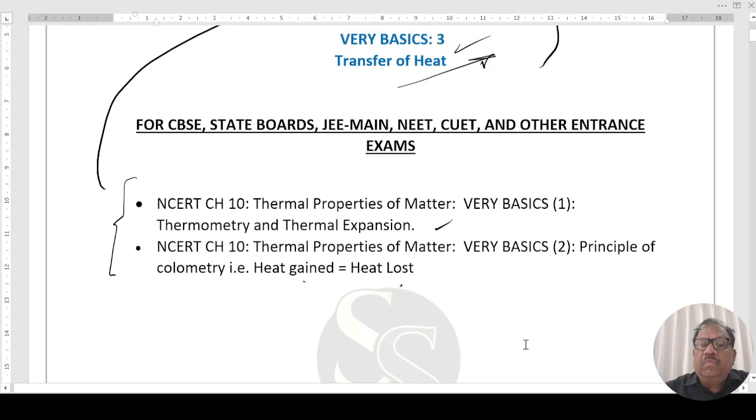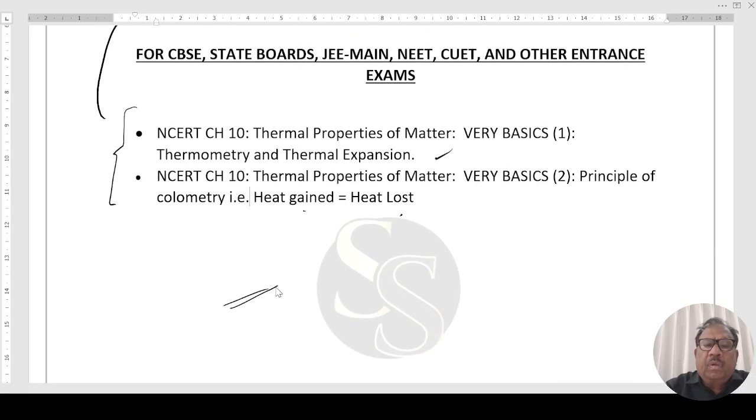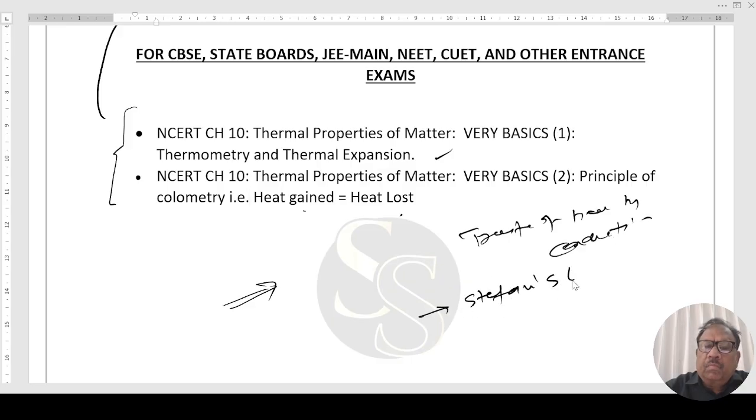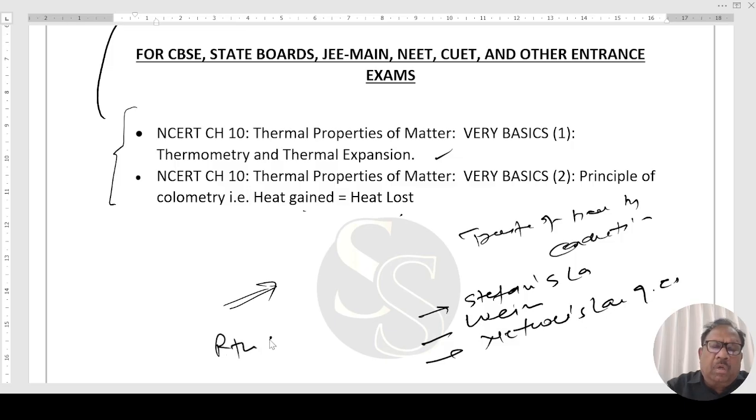In today's session, we are going to discuss transfer of heat by conduction. Then Stefan's law, Wien's displacement law, Newton's law of cooling, thermal resistance, Ohm's law